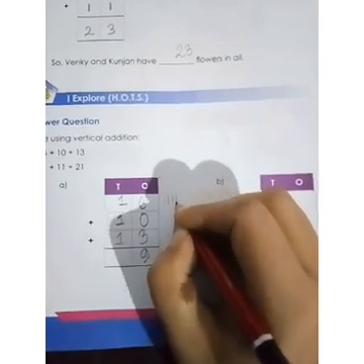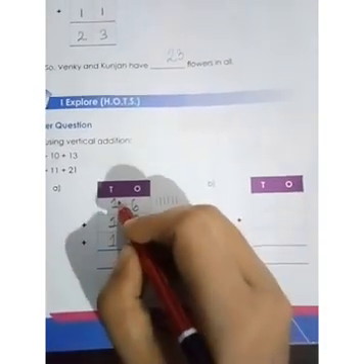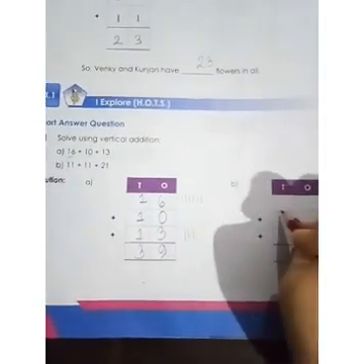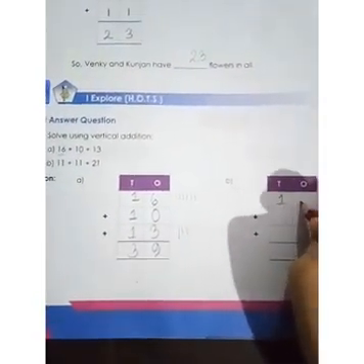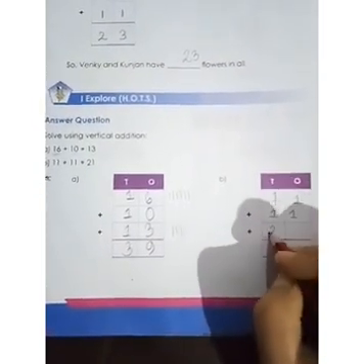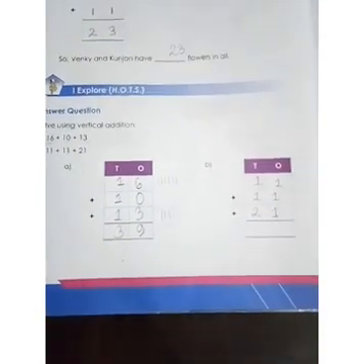You can do it like this also. 1, 2, 3, 4, 5, 6. 0, nothing is there, leave it. 1, 2, 3. Calculate this and you'll get 9. So 1 plus 1, 2, plus 1, 3. 39. The answer is 39. Similarly, for the next one, we can write 11. Next is also 11 and 21. You can use this kind of method for 3 numbers also.